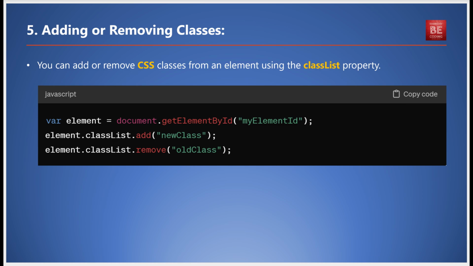Adding or removing CSS classes from an element is another common task. This can be accomplished using the classList property. Here's how to add a new class and remove an old one. var element = document.getElementById("myElementId"); element.classList.add("newClass"); element.classList.remove("oldClass");